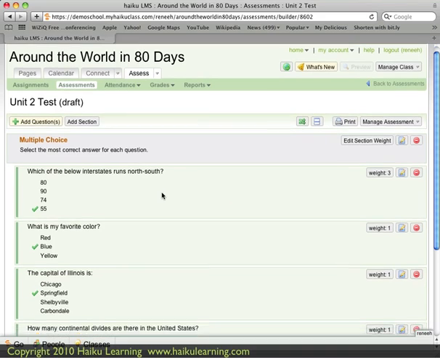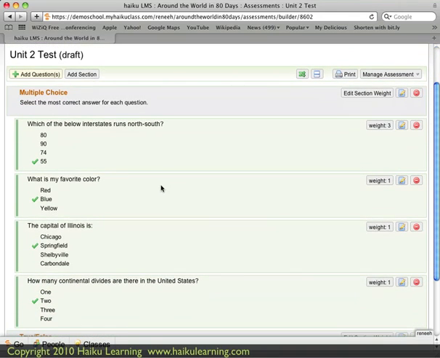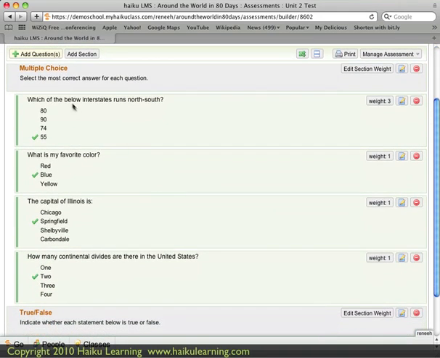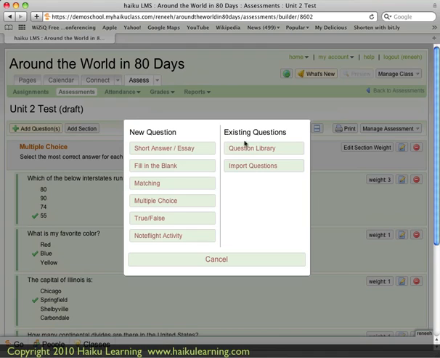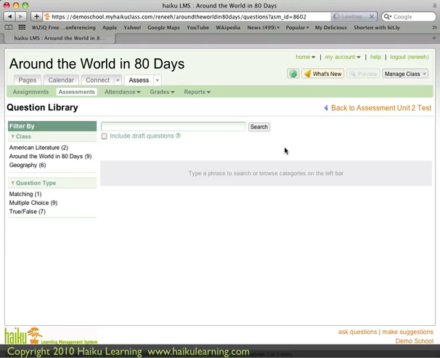And now I am back on my exam, and I'm out of my question library, and I can see in the multiple choice section now, there are 4 questions, including 3 that I just brought in from my library. So I'm going to do that one more time. I'm going to add questions, choose from question library,